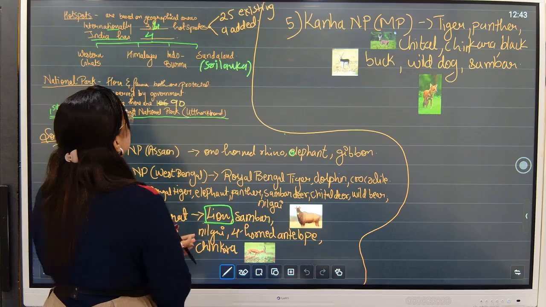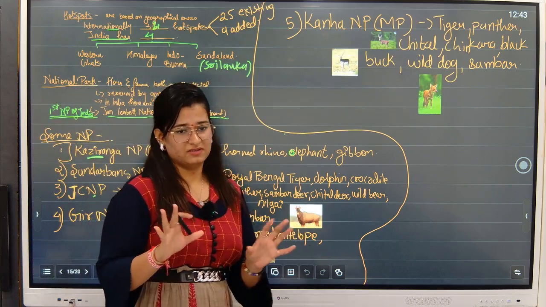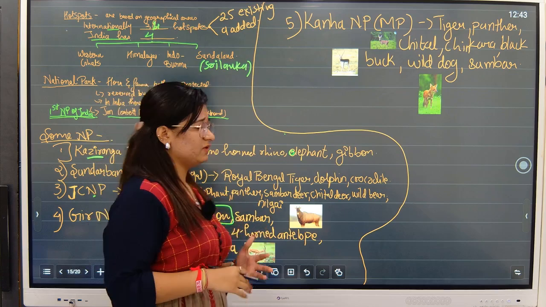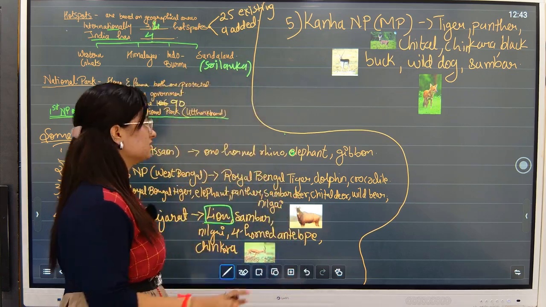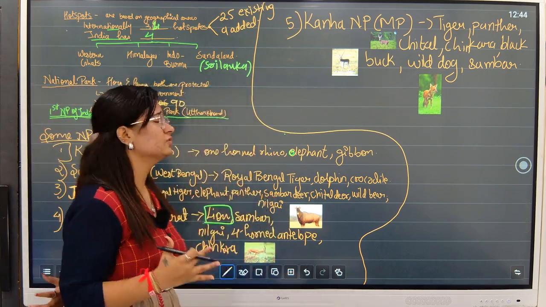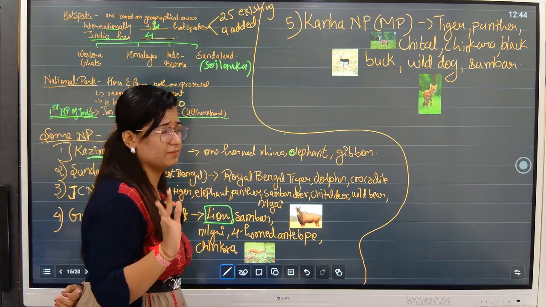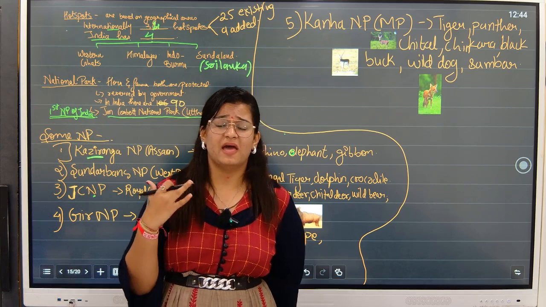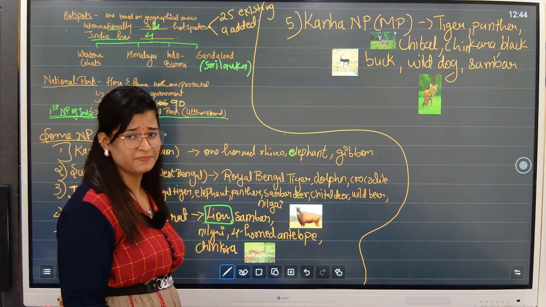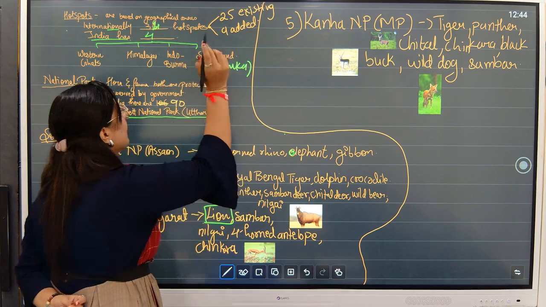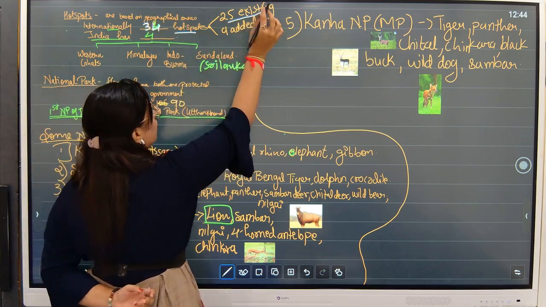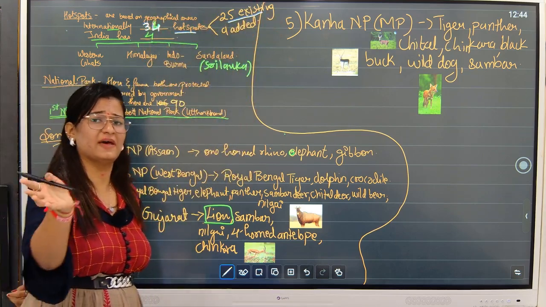Let's move ahead. Now let's talk about all the different types. First we will start with the hotspot. Hotspot is based on geographical areas, correct? In our previous class I said hotspots are 36, because currently we have 36. But NCERT gives 34 hotspots, so we are going to go with 34 for now because we have to stick to NCERT. So we have total 34 hotspots, of which 25 were already existing and 9 were added later.